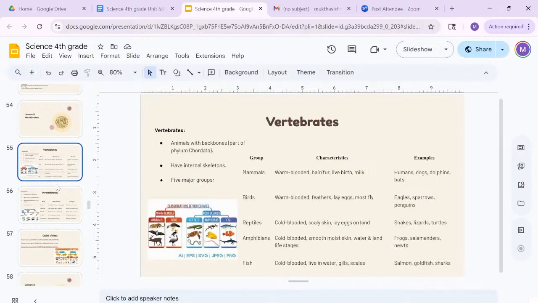But vertebrates are animals with a backbone. A backbone is basically a bone in your back. That sounds very repetitive, but it's kind of like your spine. That's what the backbone is. And vertebrates have internal skeletons. That means that they have a skeleton, they have bones in their body. And there are 5 major groups of vertebrates. We humans are also vertebrates, but